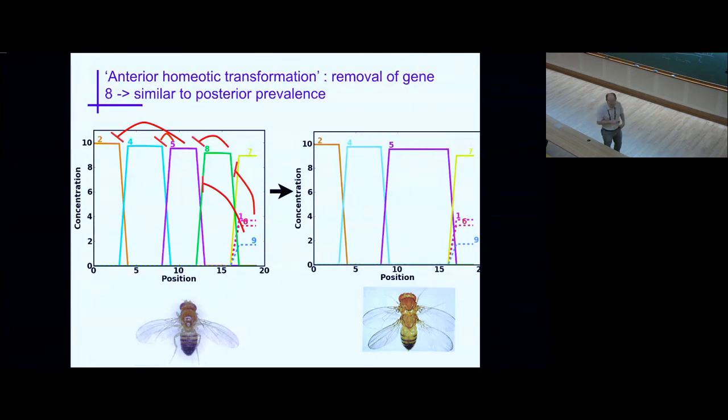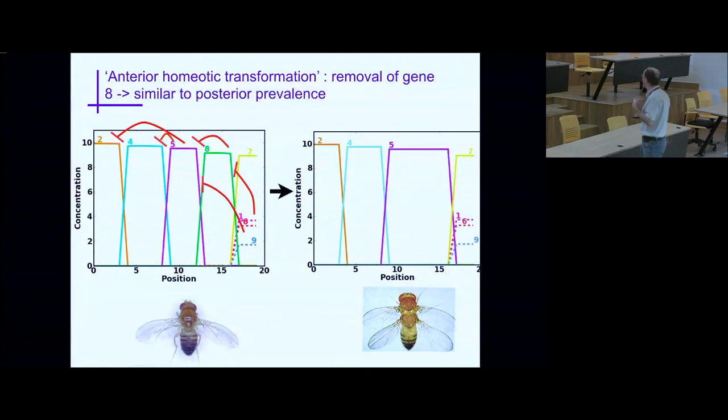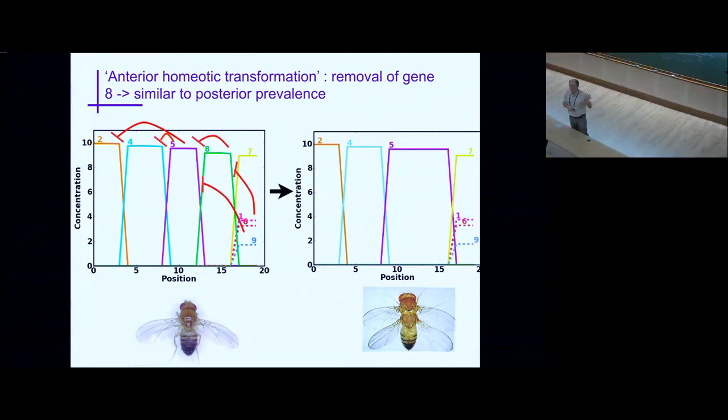So again, the point here is that evolutionary computation is able to recover, I mean, this is clearly a high-level phenotype. If I had told you, consider a fly, would you expect this? Well, it looks kind of random. Why would you have this? This posterior prevalence rule, people know it. This is something that has been observed, and it's not completely exact too, but this is something that people know, and there is no clear explanation for it. It's just a rule. But now what you see is that when you do this evolutionary simulation, given some hypothesis, and I do not have time to go too much into the detail of the hypothesis, you see these rules also appear from very simple evolutionary simulations.